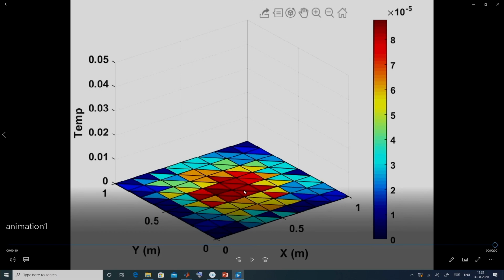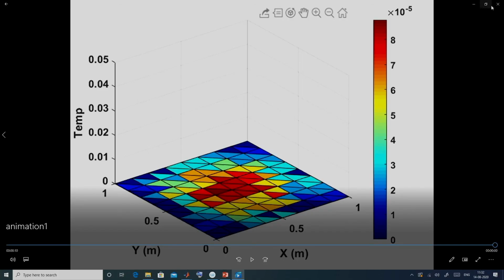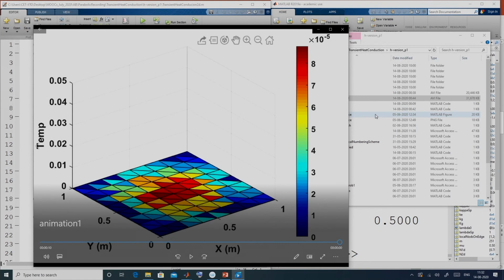Here it seems like we have used a triangular mesh, but actually we have taken a quadrilateral mesh, and for visualization we have used trisurf, which is a command in MATLAB. That is why it seems that the domain has been discretized using triangular elements, but it is not so; it has been discretized using quadrilateral elements. So, you can develop a similar video based on your simulation results, and show how the temperature evolves with time.